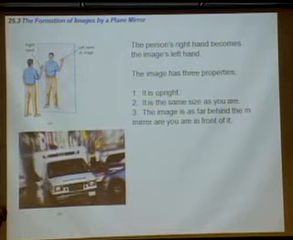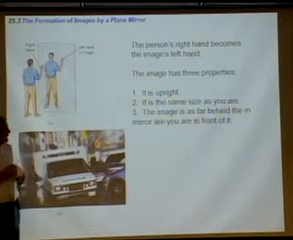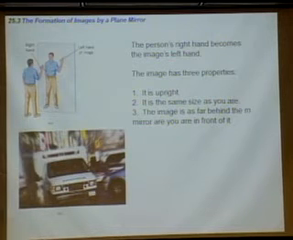The image has three properties for a plane mirror. We're going to spend most of our time today discussing spherical mirrors because that gets us ready for the mirror equation and also the lens equation for chapter 26. The image is upright, it is the same size as you are, and the image is as far behind the mirror